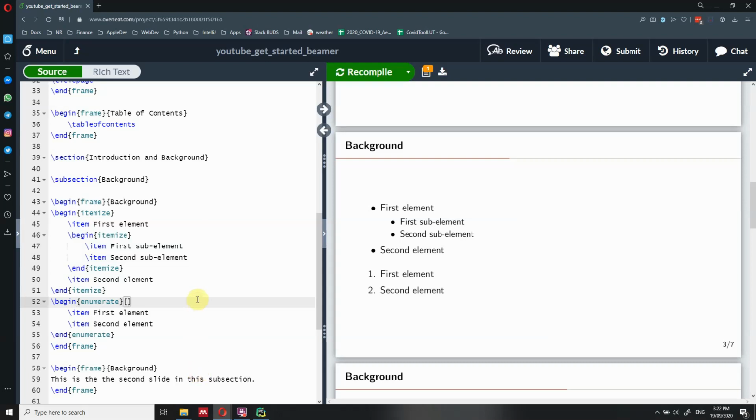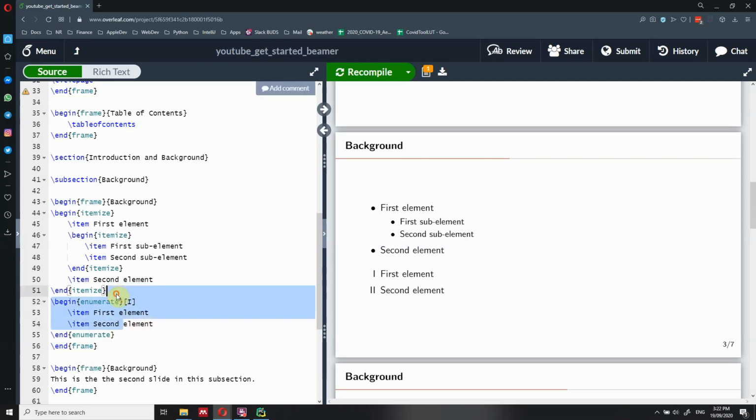Or maybe let me show you how you can change the markers. If instead of having numbers, you want to have Roman numerals, you can just put a bracket here and then put a capital I. In that case, you're going to have Roman numerals.